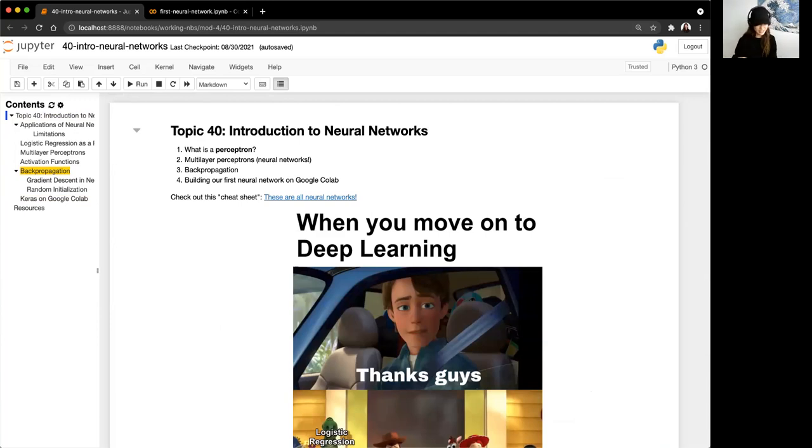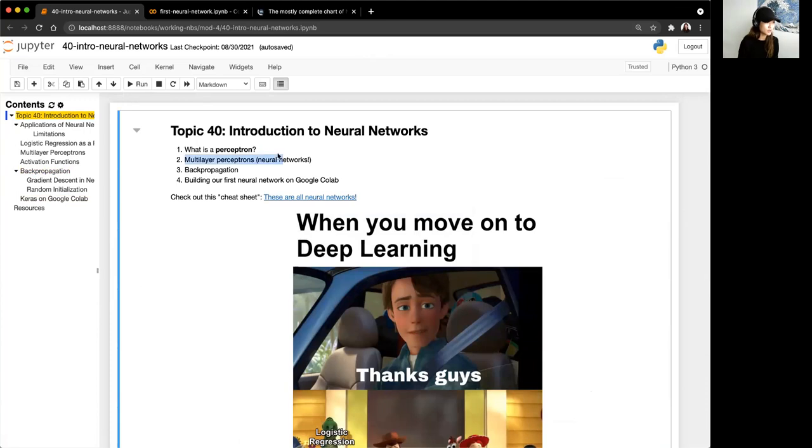All right, in the introduction to neural networks, I'm going to show you all this in a little bit. But what we're going to hit today is what a perceptron is. Think of a perceptron as a building block for a neural network. We're going to talk about what a basic perceptron looks like and how that scales into a giant neural network. We're going to talk about multi-layer perceptrons, which is basically our neural networks, and backpropagation, which is how a neural network learns. And then we're going to talk about building our first neural network. We're going to implement one with Keras, which is the library that we use for neural networks,